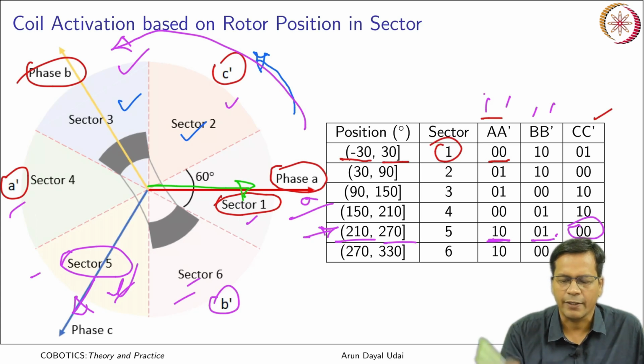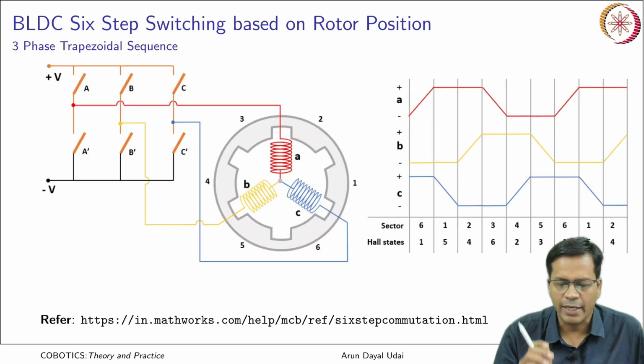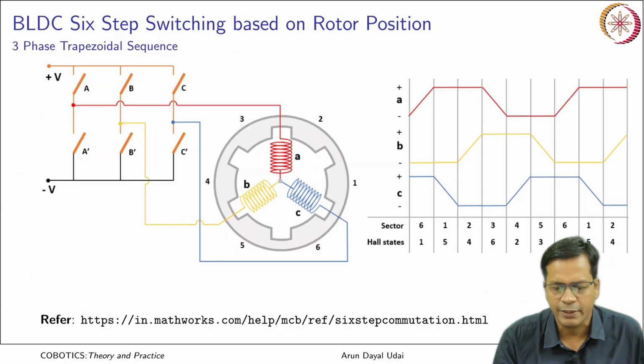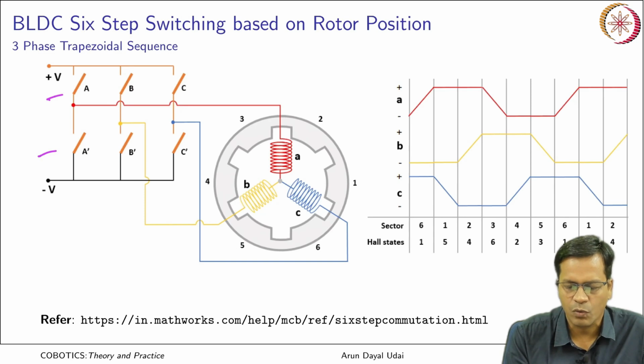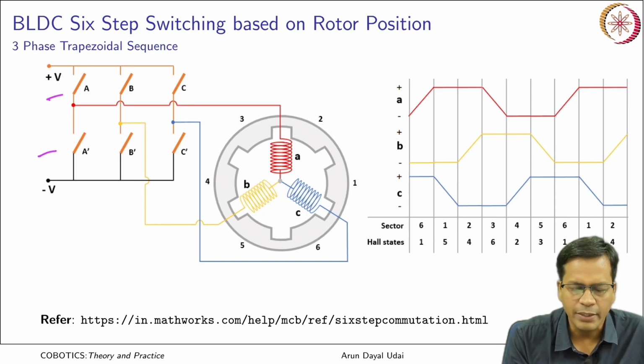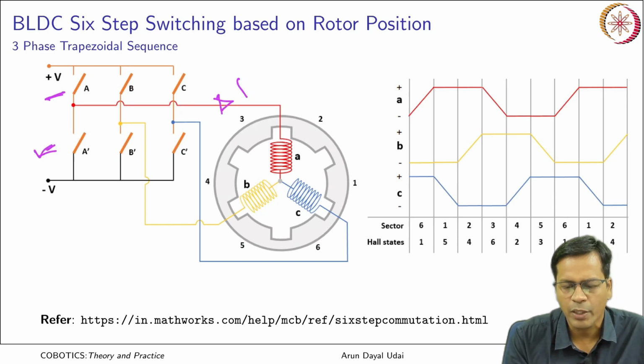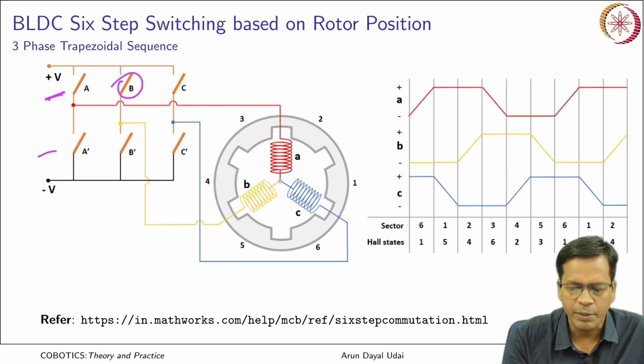Accordingly it is done. So now how is that effectively implemented here? Making A or A bar high means, if there are three phase coils which are connected like a star, which is shown here, when A is on, A bar is off, so this becomes a positive wire. Okay. Similarly, when B is on, B bar is off, so what will happen?